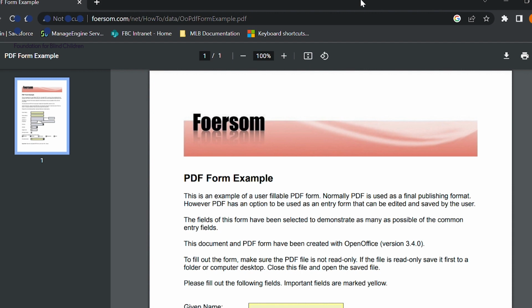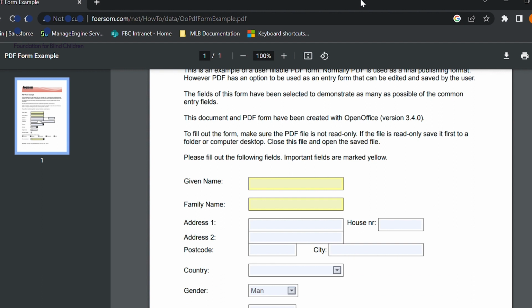Heading level 2, the fields of this form have been selected to demonstrate as many as possible of the common entry fields. Heading level 2, this document and PDF form have been created with OpenOffice (version 3.4.0). Heading level 2 to fill out the form. Make sure the PDF file is not read-only. If the folder or computer desktop, close this file and open the saved file. Heading level 2, please fill out the following fields. Important fields are marked yellow. Given name: family name: address 1: house NR: